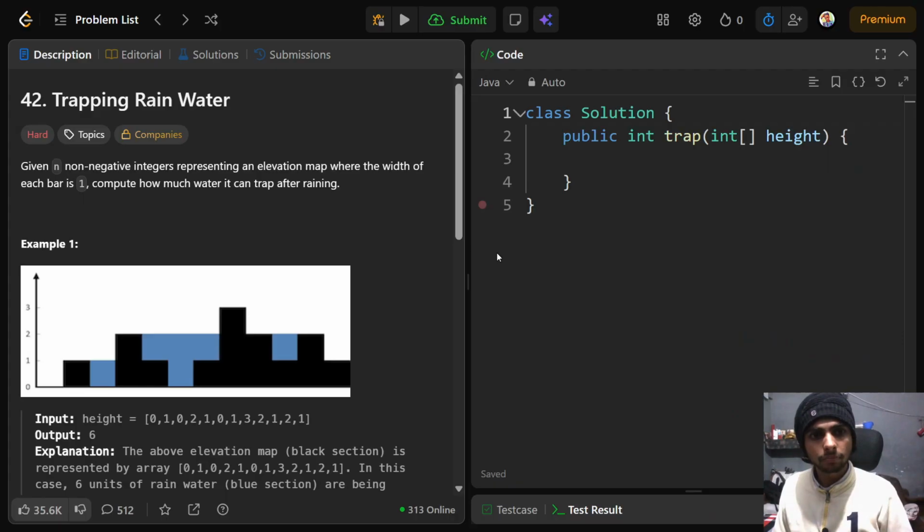Good problem. Next problem. Trapping rain water. Given